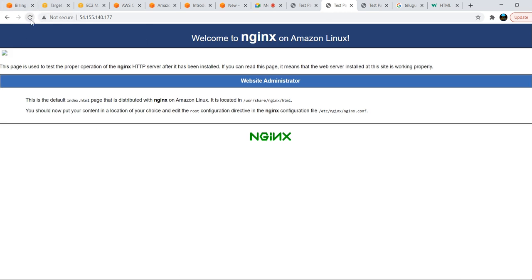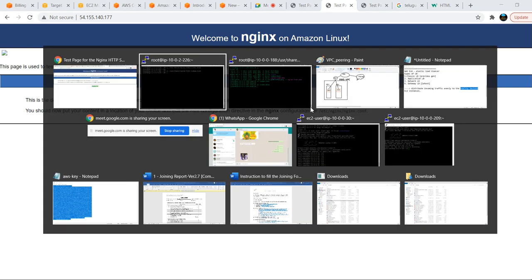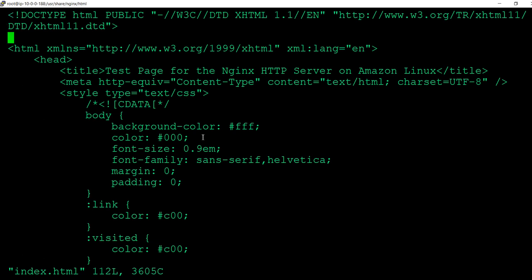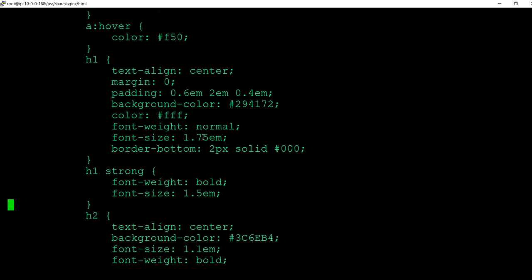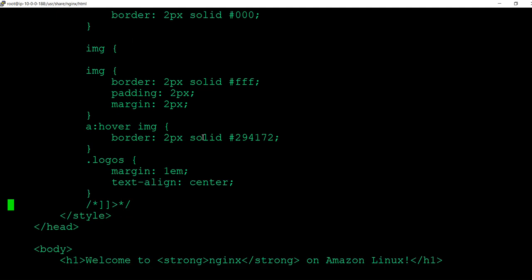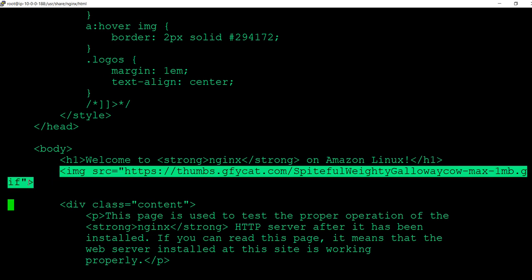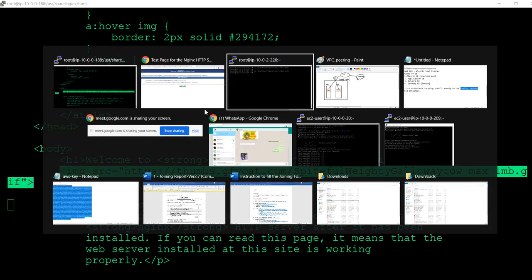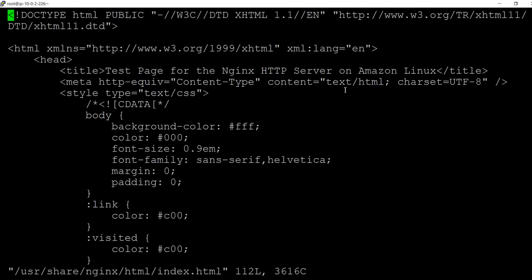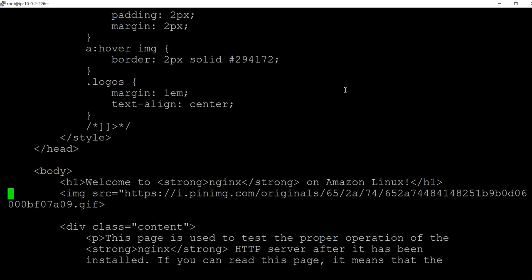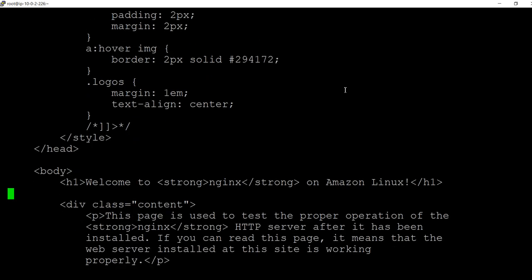Okay, there might be some space issue. Let us copy this one. Okay, let me copy this first there. So I'm using dd to delete this one.